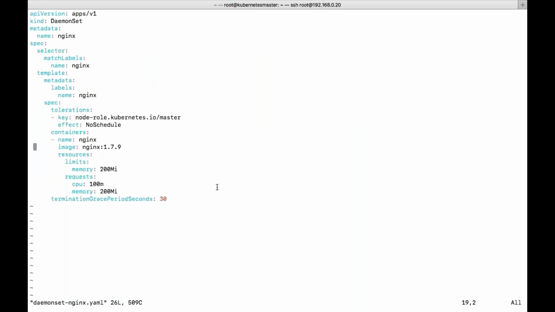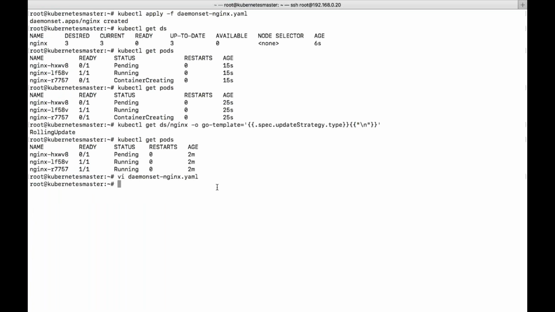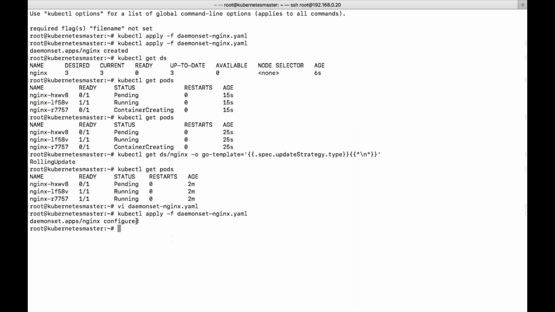Now I will modify it to 1.8. kubectl apply with the file. So now it is configured, in the sense you have modified it. When you're creating for the first time, it will show you created. When you're doing some modifications, that will be shown as configured.